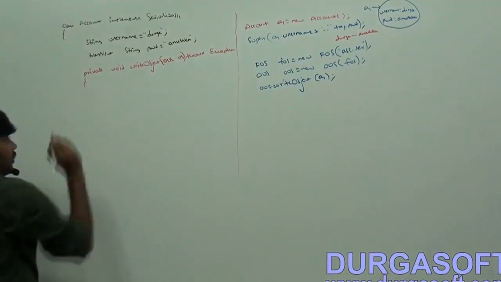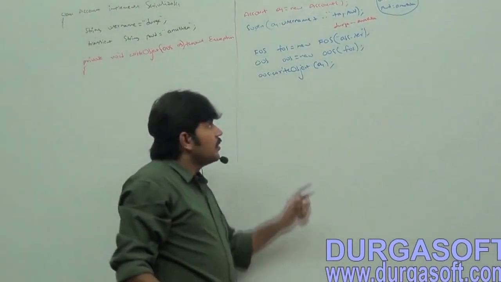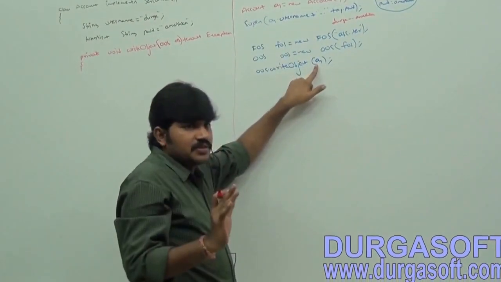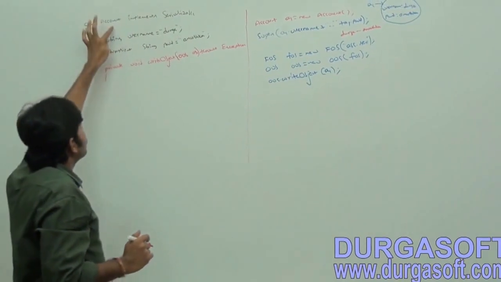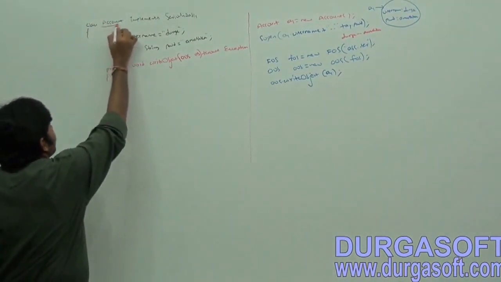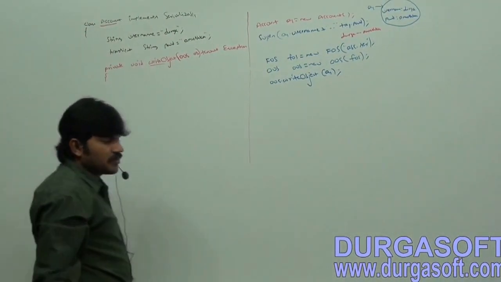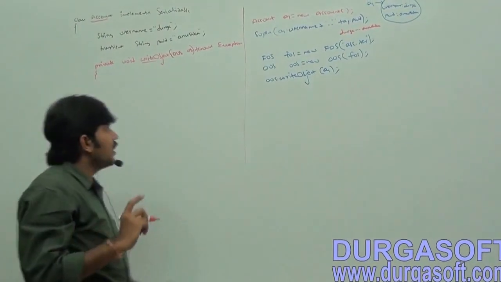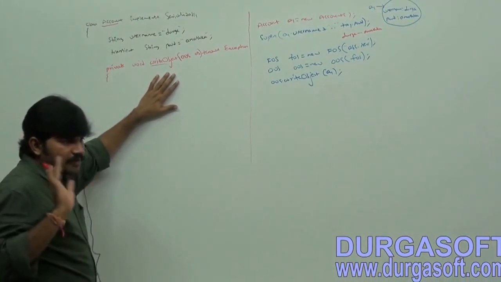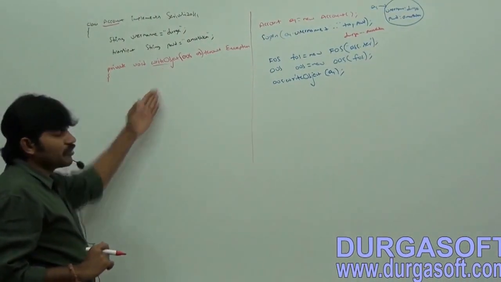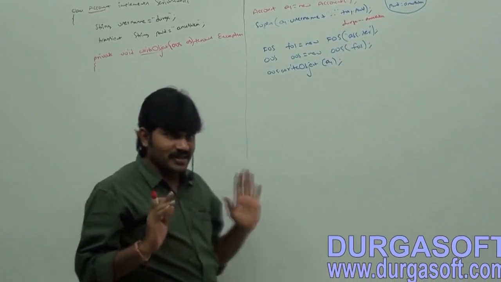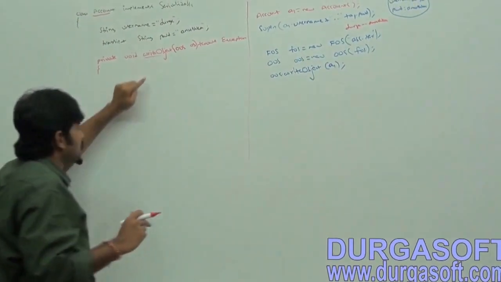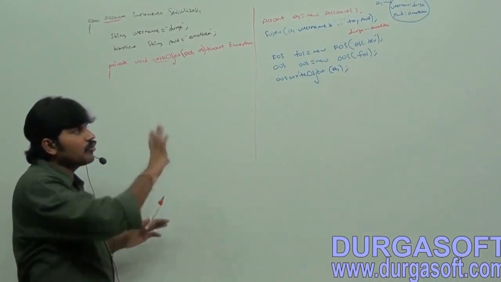Let me repeat once again. At the time of serialization of the account object, JVM will check in the Account class whether there is any writeObject method. If it is there, then JVM feels very happy, because the programmer is going to take care. JVM is not required to do anything. JVM will execute this method automatically.